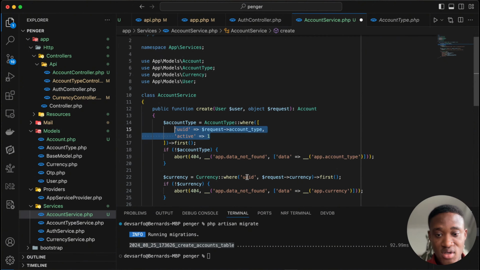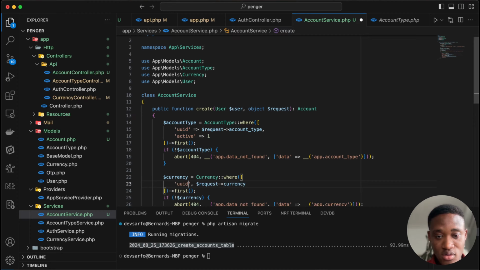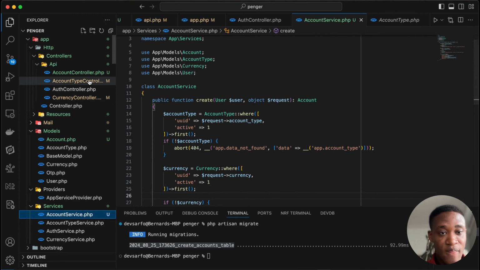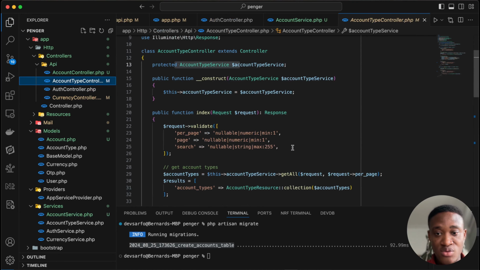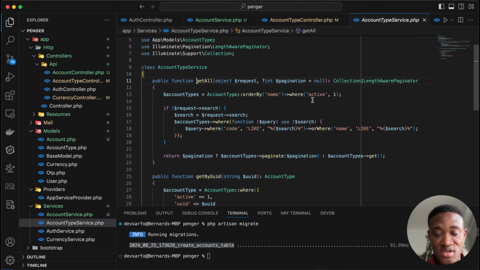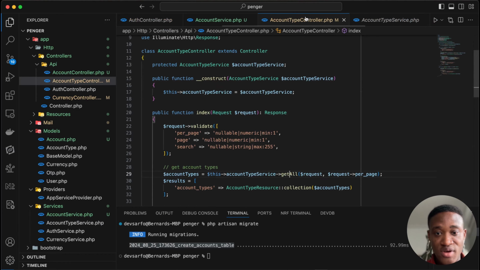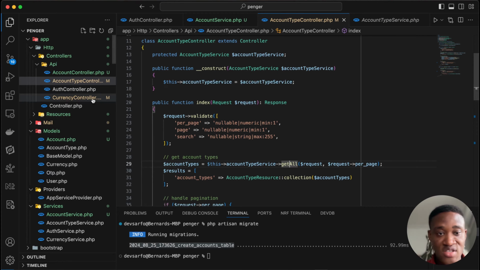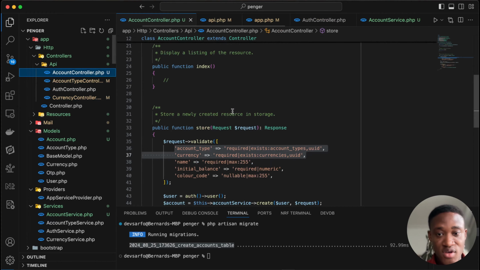Okay, and then I can do the same thing over here. Because if you look at our APIs here, we are only returning the active ones to the user. So we have to make sure that what they are sending to us is also active. Okay, so now we have